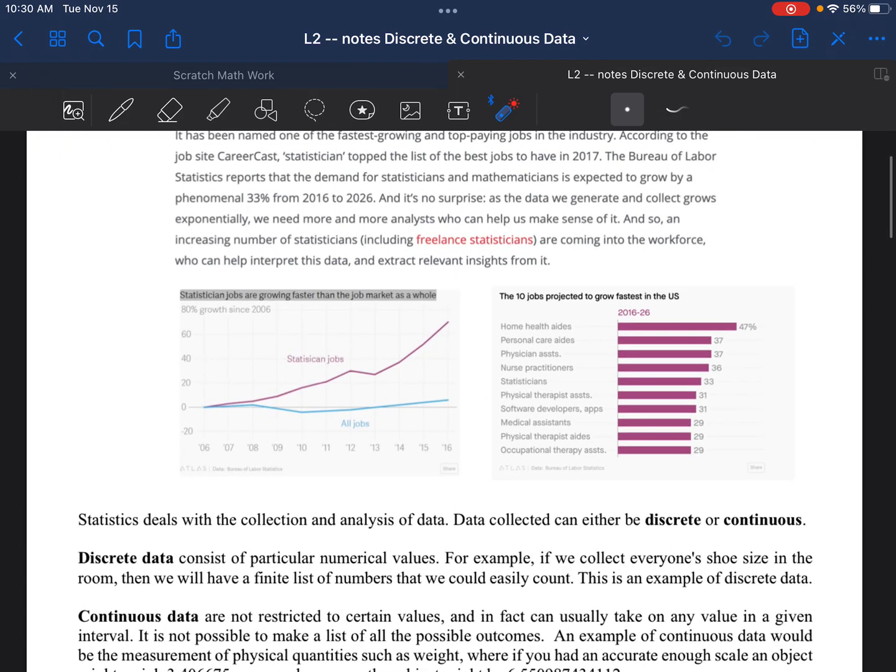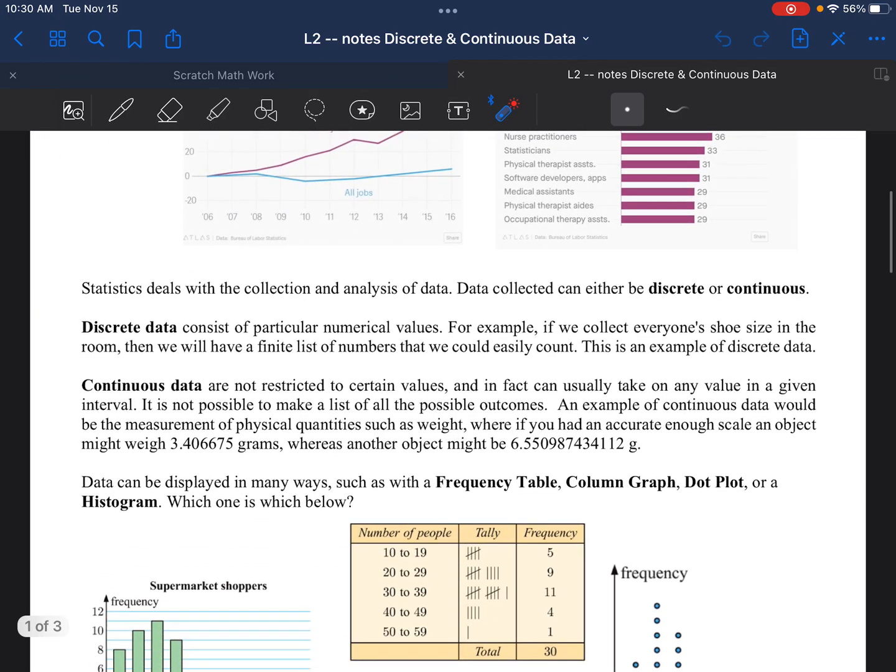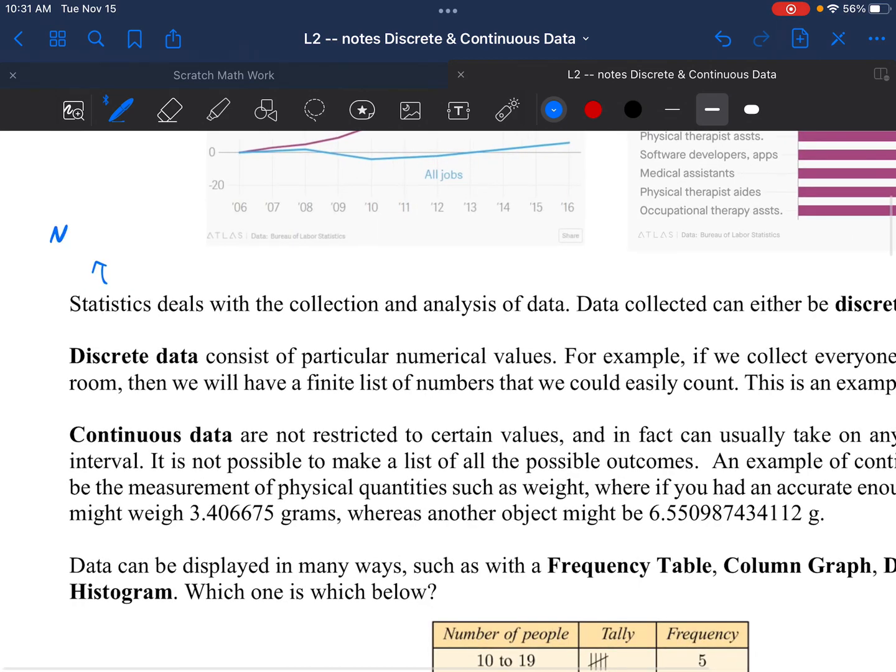All right, so the first idea for you to know is this idea of 2 different types of data. And by the way, we're assuming we're dealing with numerical data. There is categorical data, but we're dealing with numerical data. So I'll put that in here. We're only going to consider, for now, numerical data. I shouldn't say that stats always deals with numerical data, but actually it kind of does. So anyway,